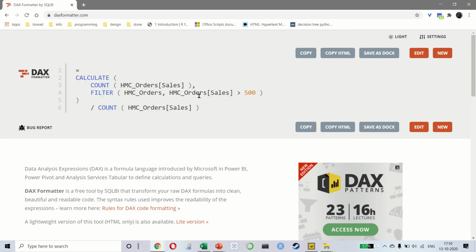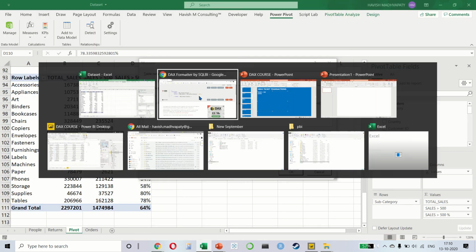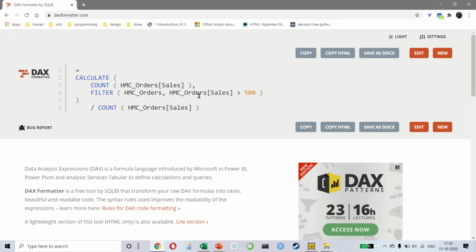Now, so far I haven't mentioned all of this. I did not tell you to do this, and you must be wondering why I have suddenly brought it up. Let me ask you like this. Would you prefer using this or would you prefer using this? And I hope that answers the query. DAX queries, so far what we have done, are fairly small and simple, but they can also become very, very complicated. It is not uncommon to see DAX queries that run into 15, 20 lines at times.